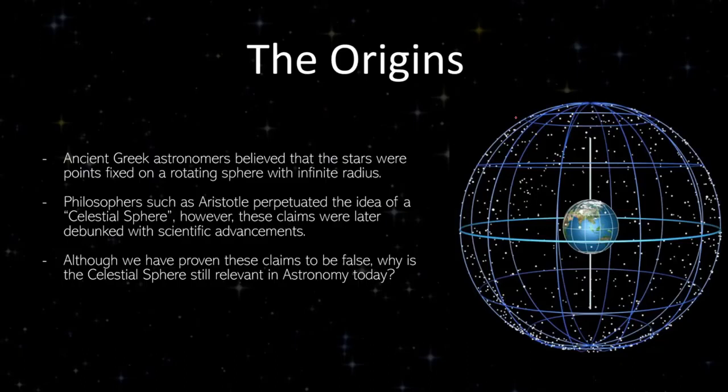However, there's a variety of scientific advancements which we've made in the past few centuries, which allow us to debunk this model. First, we can now determine the distances to various stars, as we'll cover later in this course. This allows us to debunk the claim that all stars are equidistant from the Earth, and this is one of the major points of the celestial sphere model, and debunking this claim allows us to debunk the celestial sphere model